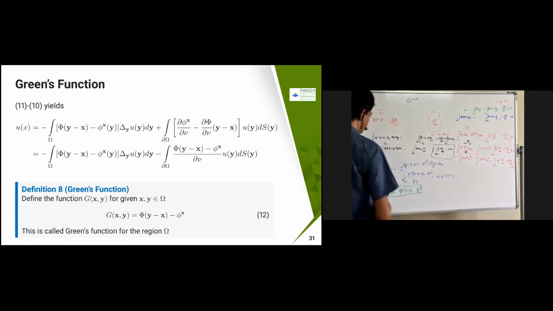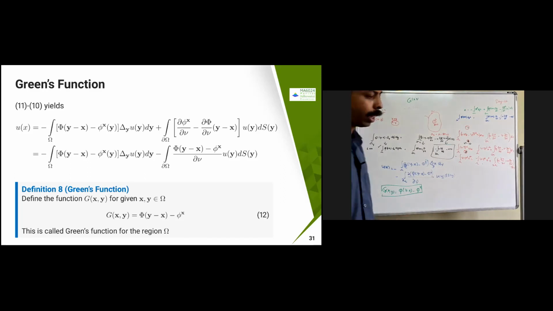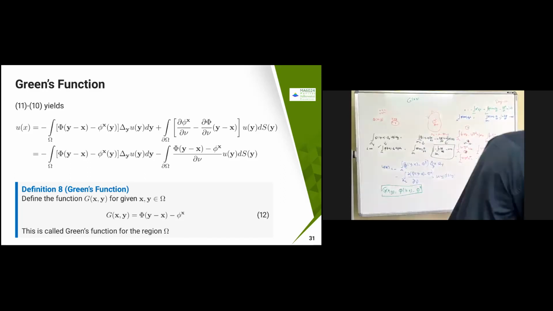We are left with three things actually. One is this one, we have to prove this one. This one we did not prove, and this one also we didn't prove. This one also we didn't prove. So we need to prove three claims. If we prove these three claims, then our job is done. That's the only thing we need.